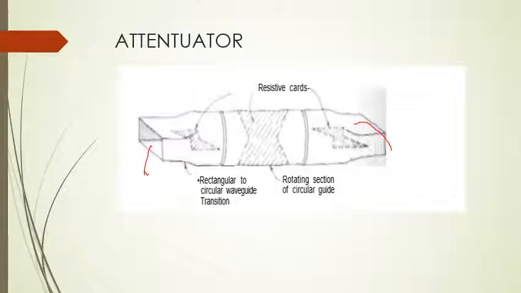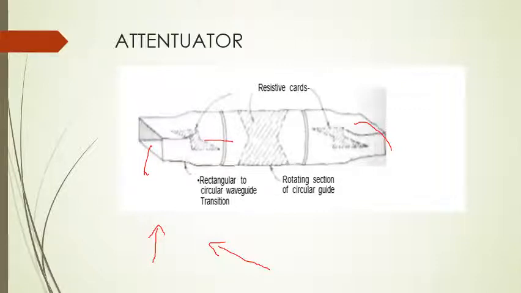cards present at the front and rear end. These are the resistive cards. The function of resistive cards, I hope you remember, is that whenever the signal is in a direction perpendicular, the signal will be allowed to pass through. Suppose the signal is in a direction parallel to the resistive card, the signal will be absorbed by the resistive card. So what we will do is that a TE10 signal will be allowed to pass through the rectangular waveguide over here. It will pass through, get converted to TE11, the dominant mode of circular waveguide. And this resistive card, since the electric field is in a direction perpendicular, will be allowed to pass through.